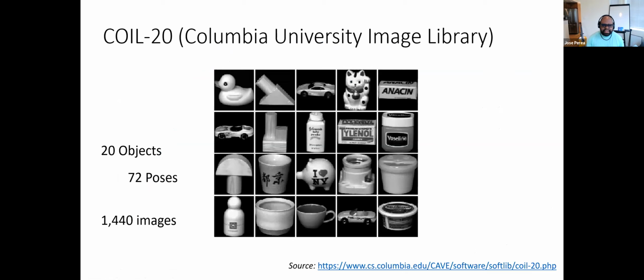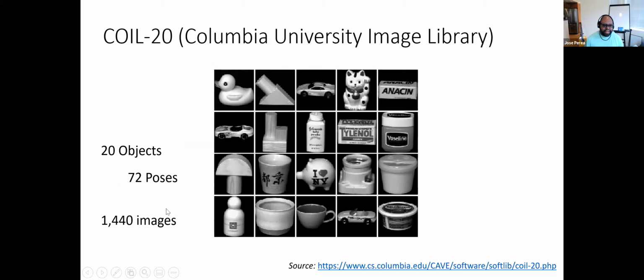So the data set now comes from this very interesting library, the COIL 20 database. This is the Columbia University Image Library. It is composed of 20 objects. And then for each one of those objects, you take 72 photos in different poses of the object. So for example, one of the objects is this rubber duck. And you have something like